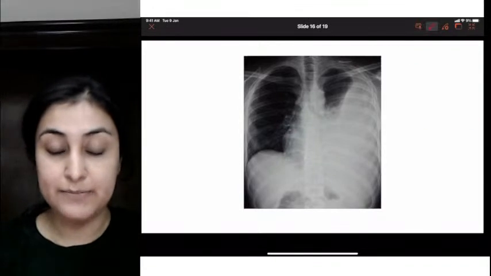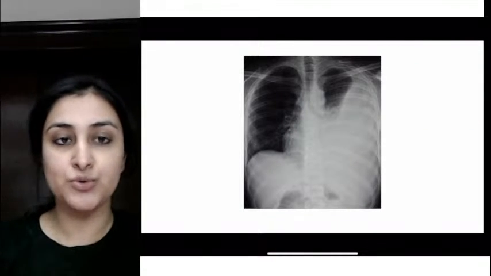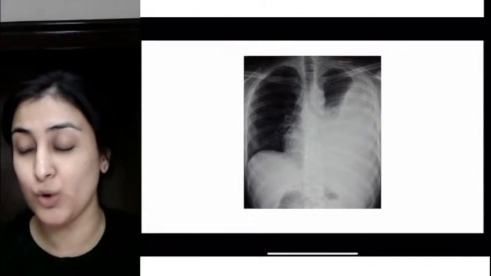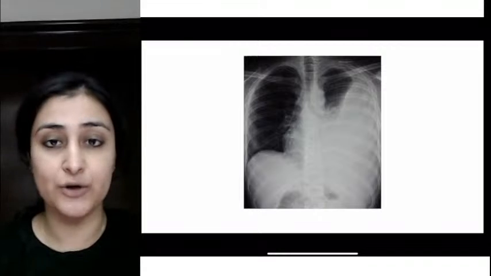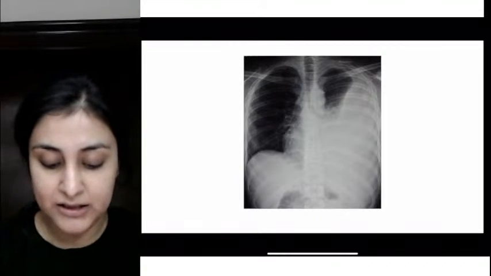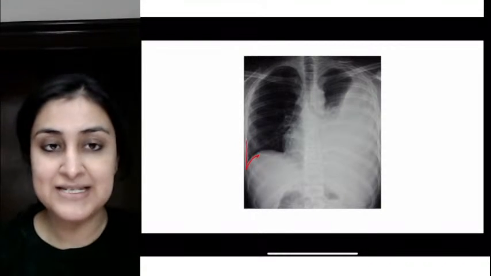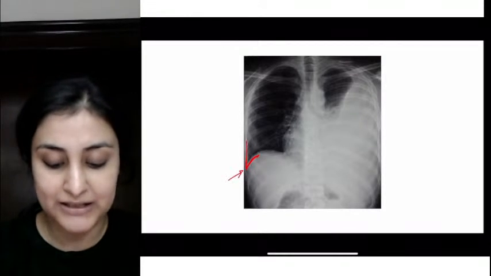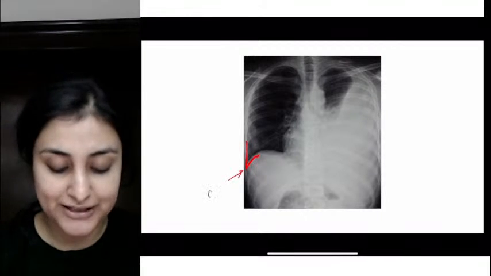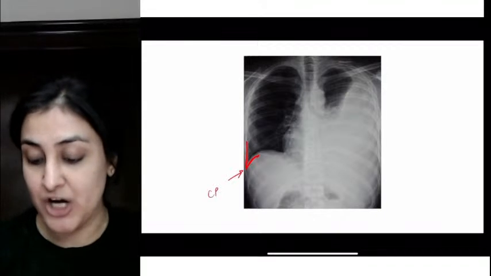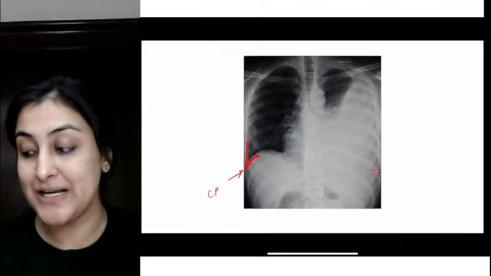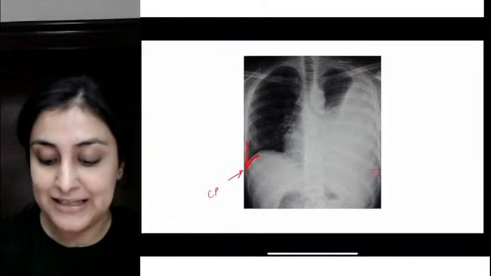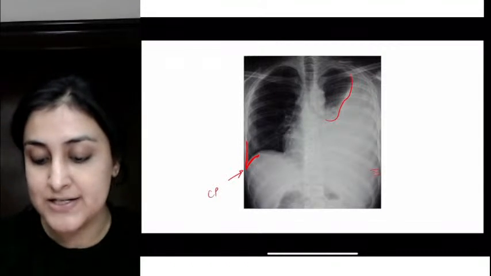Fine. Next image. So now from neuro going on to respi. What are we seeing? Again, a favorite exam question. All of these 100 images, we can't go without knowing them. So what is this part of the chest X-ray, guys? This is called the CP angle, the costophrenic angle, between the diaphragm and the chest wall. The moment it is not sharp, the moment it is blunted, it means it is pleural effusion.